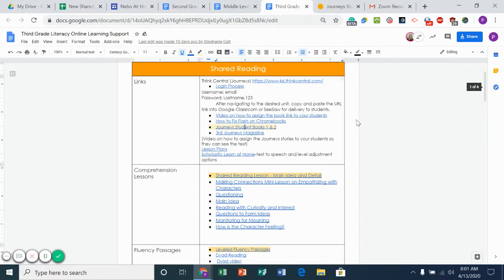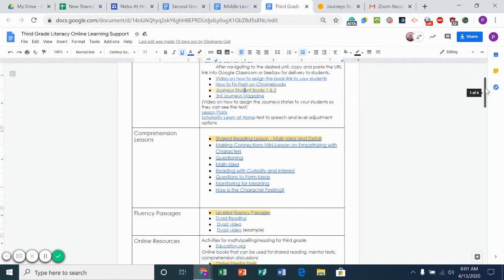As you look for that, if you are unaware of how to assign the book link to your students in Seesaw, there's a link that shows you. So this group was the FG group or GH group. This is how I assign that to those particular students. So that might be helpful. As we continue on,